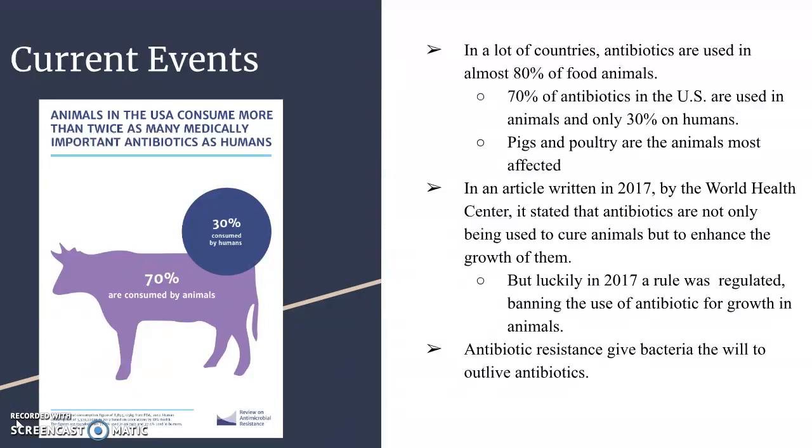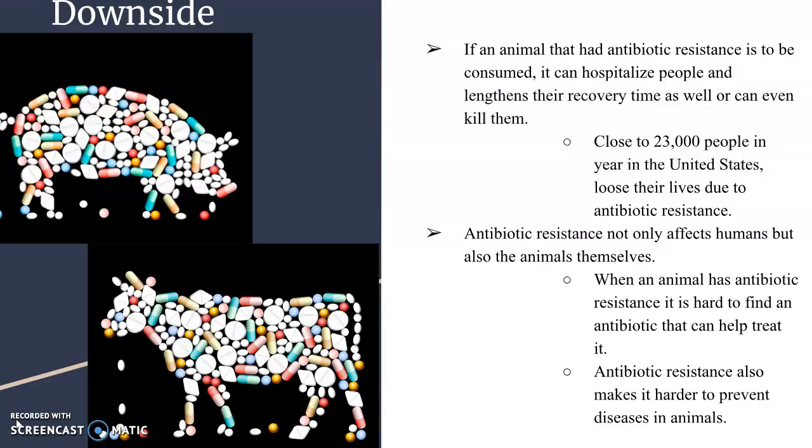But luckily, in 2017, a rule was regulated banning the use of antibiotic growth in animals. Now, antibiotics can only be used for medical reasons and have to be prescribed by a vet. Now, moving on to the downside. The Center of Disease Control and Prevention says that animals that are treated with antibiotics run the risk of